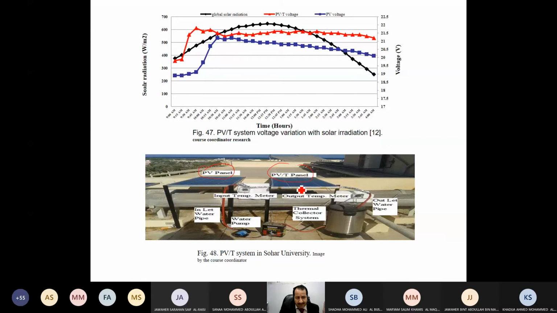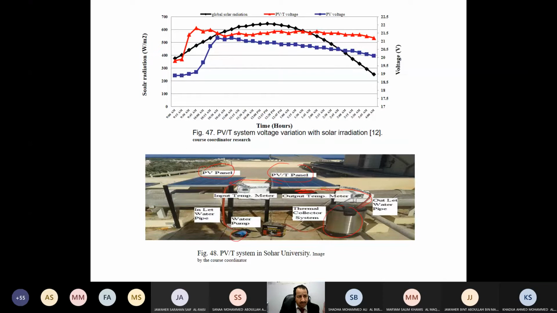It is identical to this panel, but what we do is we cool it. How do we cool it? We make pipes on the back of the panel, and we circulate water or any fluid inside these pipes to collect the heat and cool it. We definitely use a storage tank, or let me say a heat exchanger. We use pumps and so on. Usually before Corona, I gave this as an assignment or a project to my students, and they worked in the lab, designed it, did the calculations, and